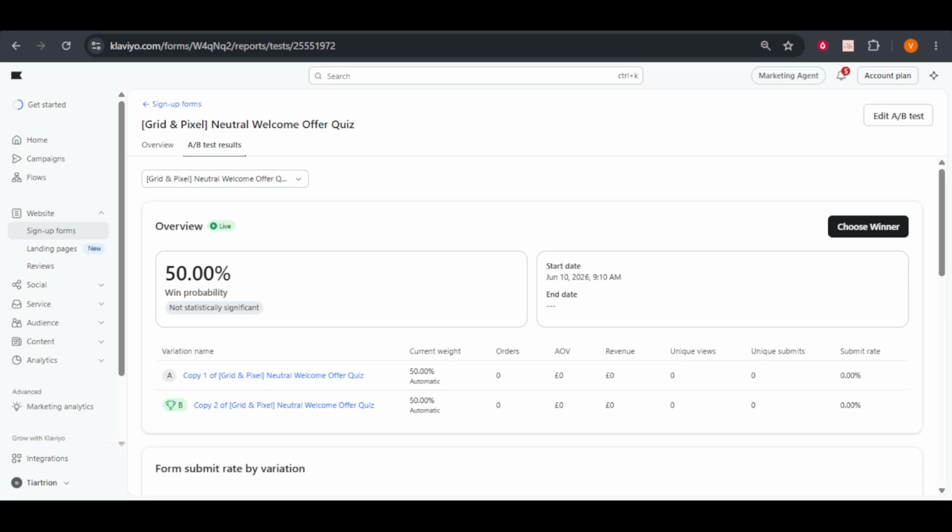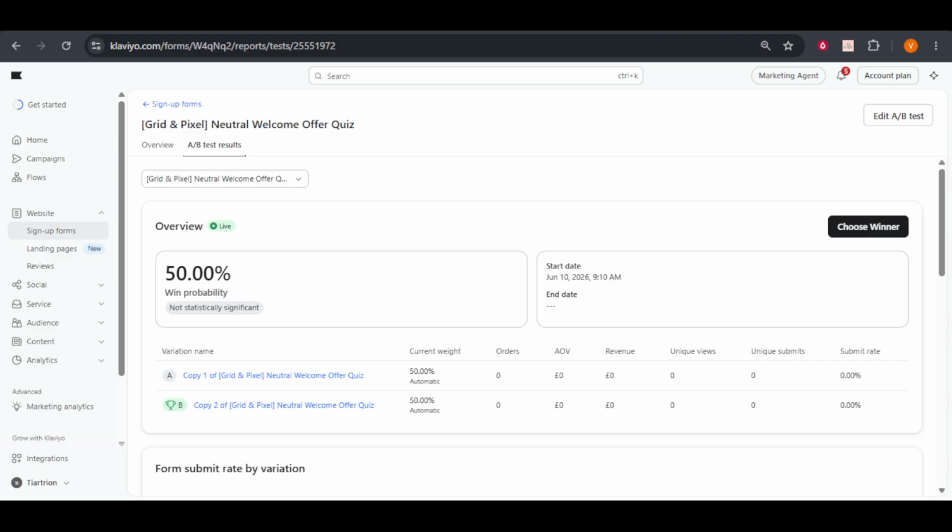Today, I'll show you how to create a landing page in Klaviyo. If you're looking to enhance your digital marketing efforts and capture more leads, creating an effective landing page is a great place to start. Klaviyo offers a robust platform that allows you to design, customize, and publish landing pages with ease. Let's walk through the process step by step so you can get your landing page up and running in